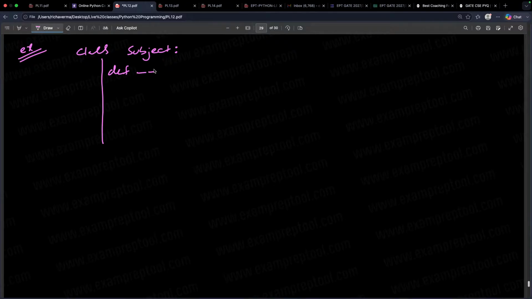Two things you have to keep like this: init. Once again, it's actually not minus, it's underscore. Two underscores, right? Init, with two underscores here and two underscores here. So go inside.